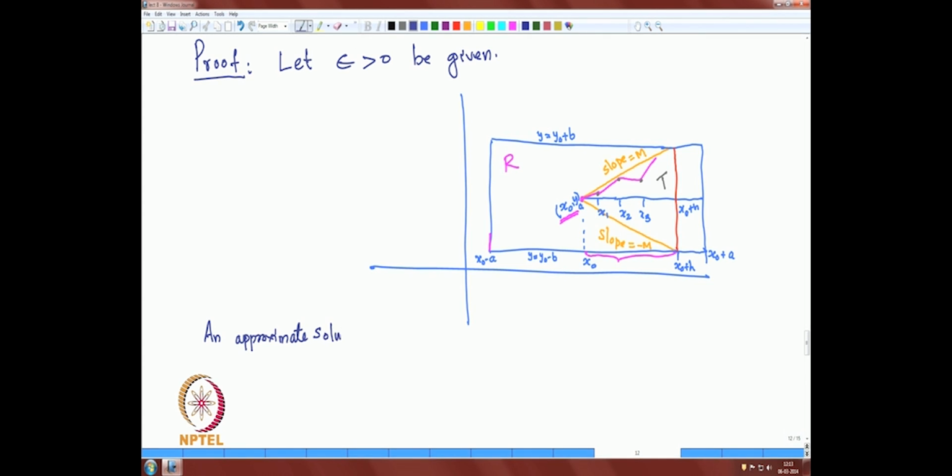By approximate, we mean epsilon-approximate, where epsilon is given, the solution will be constructed